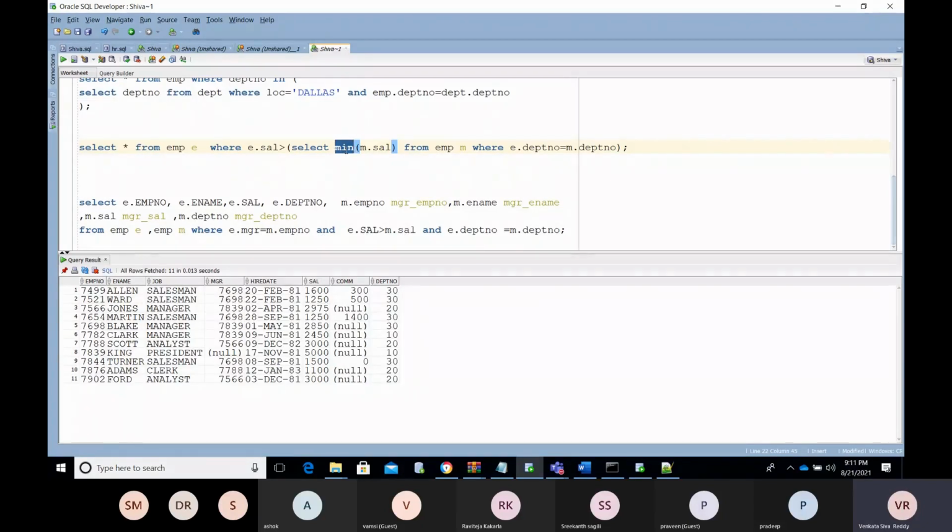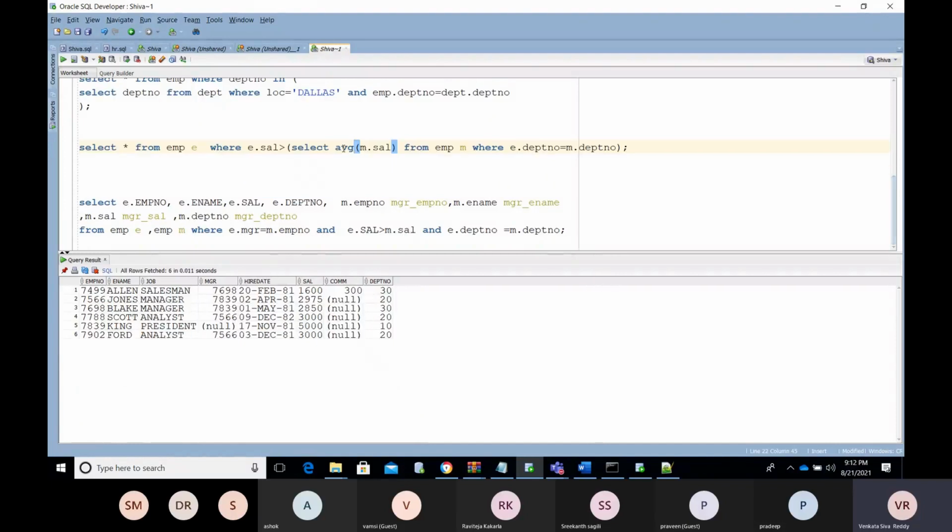So I'm comparing each and every time. Else you can use the minimum function or else you can use the average salary. I'm finding out the average salary of that particular department, and I'm comparing the values with this. Okay. Got it. So that is the use of the